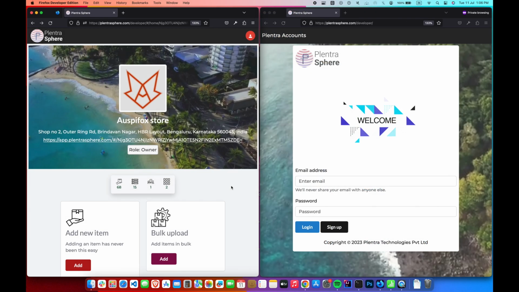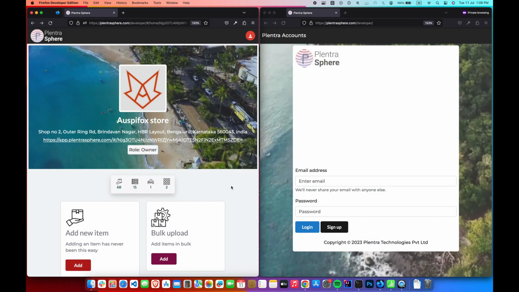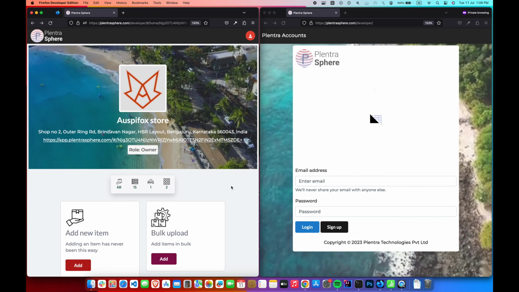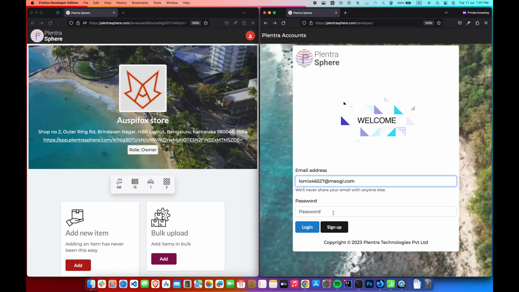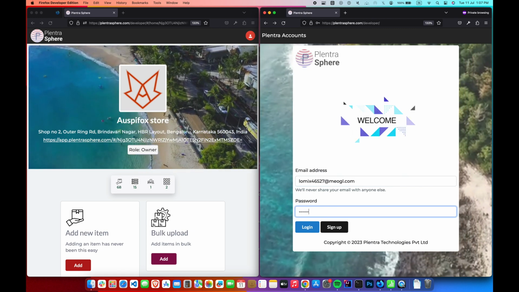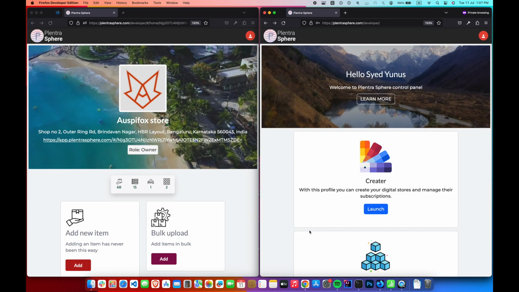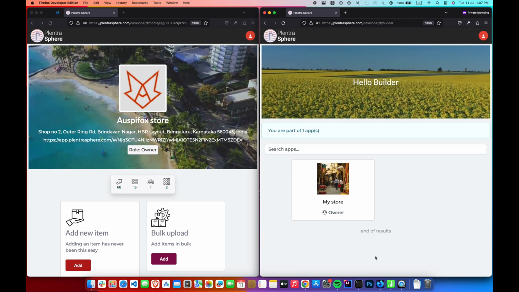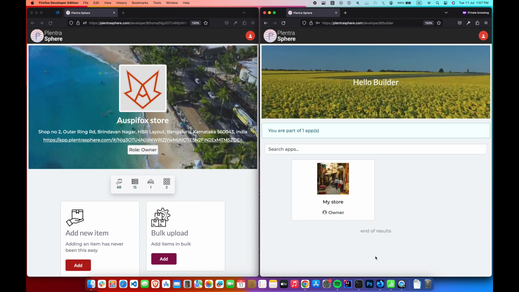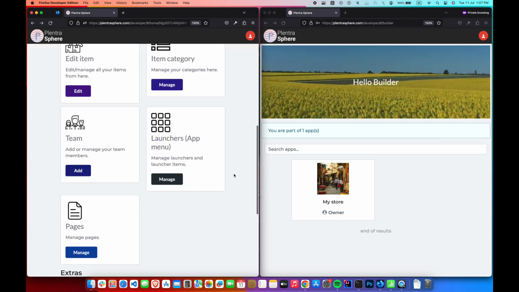You can also team up and manage your app with ease. In this demonstration, on the right is My Team Members dashboard. So, let me log in as a team member. As you can see, our team member is not part of our app. So, in order to add this member to our app,